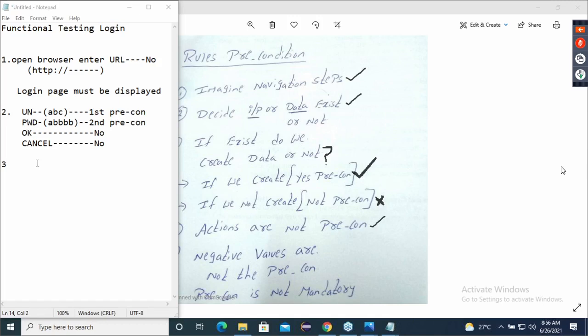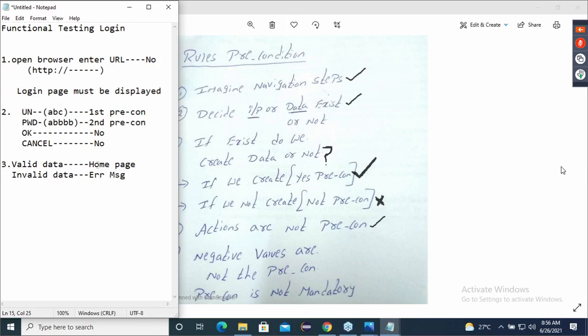Now, one more thing, guys, please listen carefully. See, third step, if you enter valid data, home page will be displayed. Correct? Next, if you enter invalid data, some error message will be displayed.